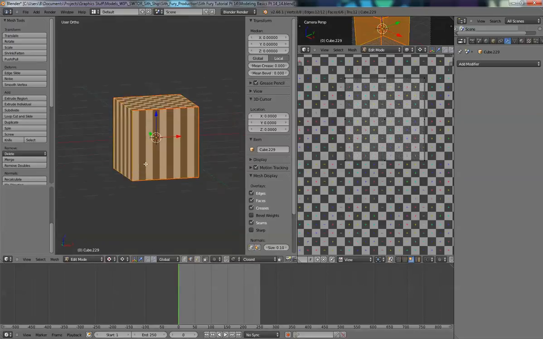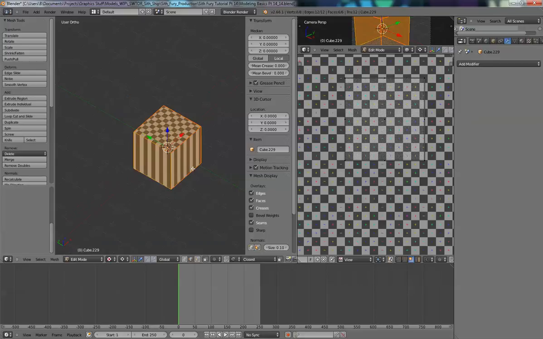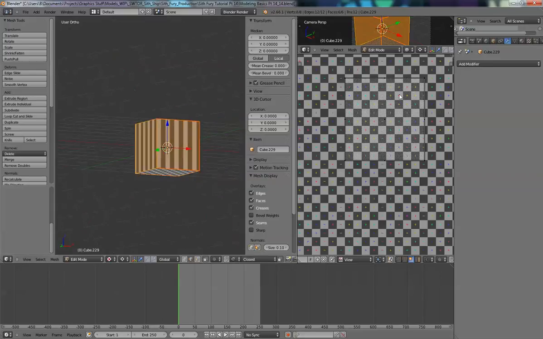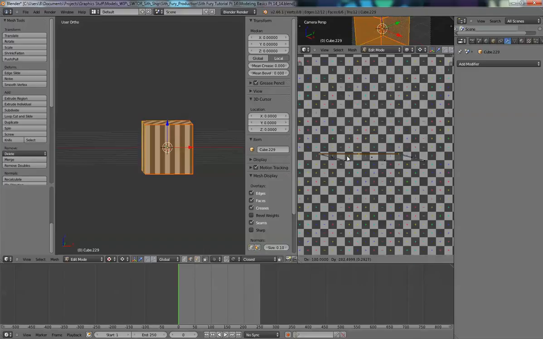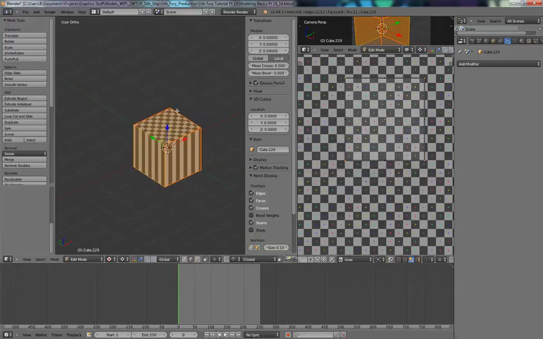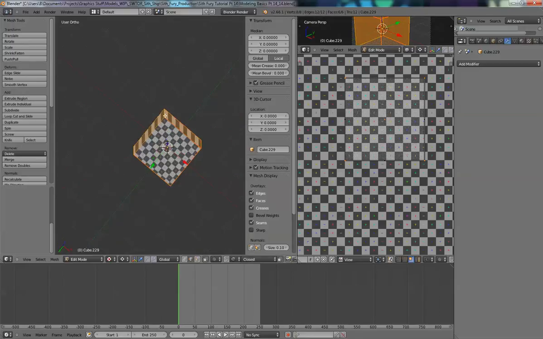Go into texture mode here, and now you can see how that works. Since I unwrapped it from the top view, you have the top and the bottom, you have this whole cube here. Let me select one of these faces, and you can see it's exactly that. It's just projected from the top through the bottom. So you can see you have no distortion on the top and bottom, but on the sides it's all stretched